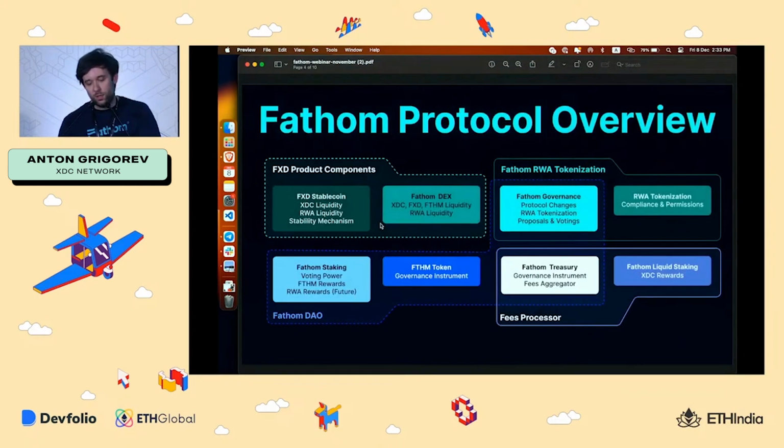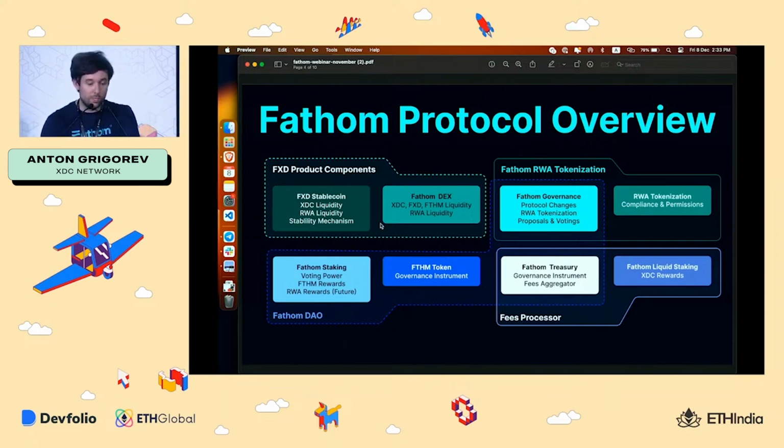Fathom at its core is a stablecoin, a stable asset, over-collateralized. It's collateralized at the moment with XDC. Later we can bring in other assets. XDC is an enterprise-focused chain, meaning the purpose of this chain is to bring in institutions and enterprises and build something with them and for them. XDC has subnets aside from the main chain. The main chain is more for retail users, subnets are more for institutional users.